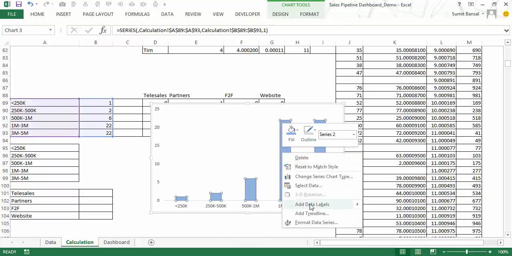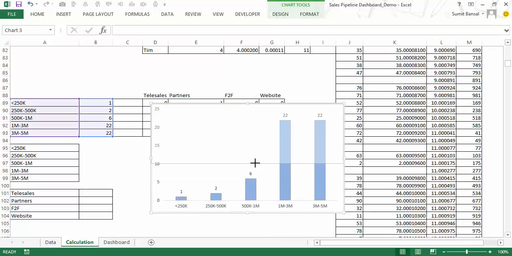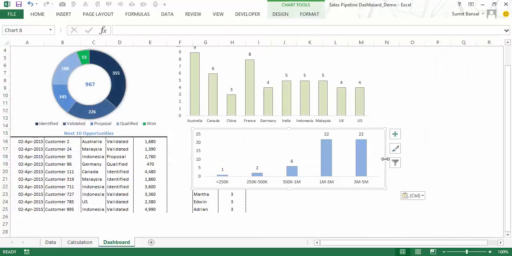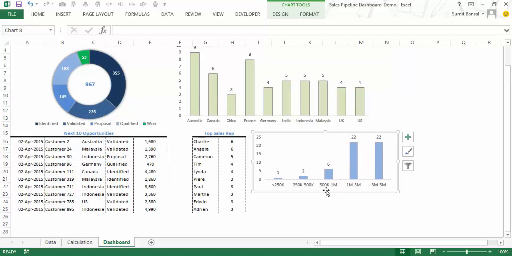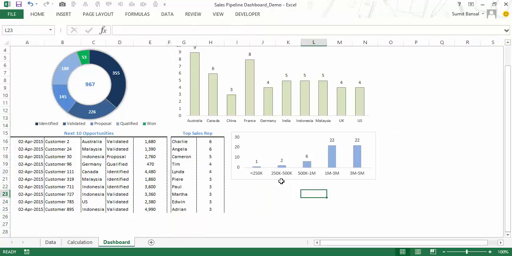If I add the data labels, I have these wins here based on what I've selected, and I would use this graph as the first graph in my dashboard. So if I paste this chart here, and again I'm not worrying too much about the formatting, I would put those